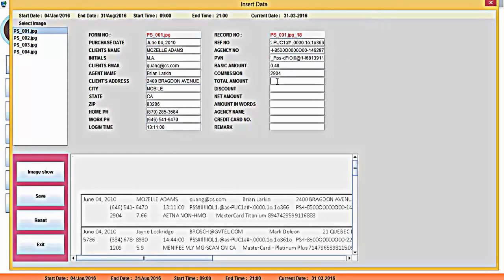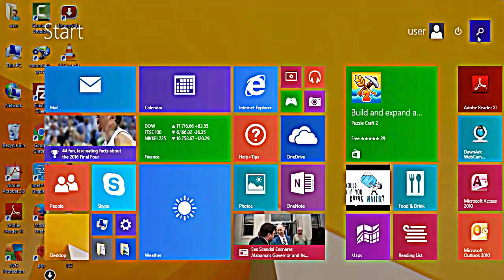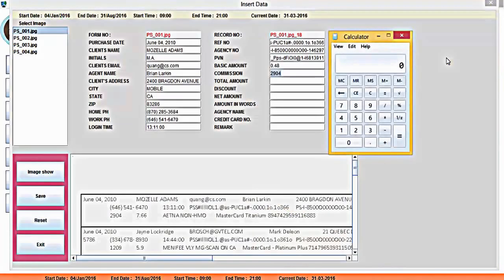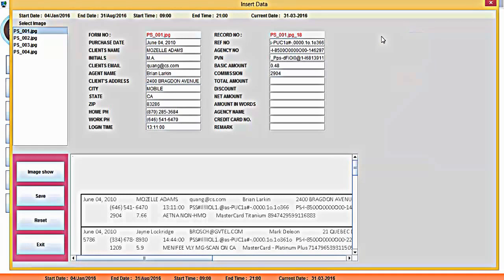The total amount will be basic amount plus commission. $48,000 plus 2,904. That comes out to be 50,904. This will be your total amount.